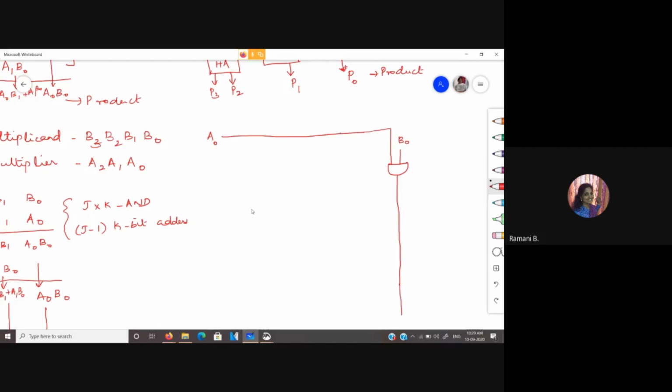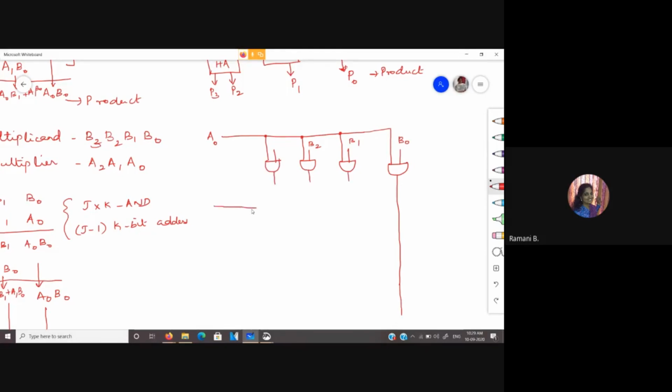Then we have a0 multiplied with b1, then with b2, then with b3.